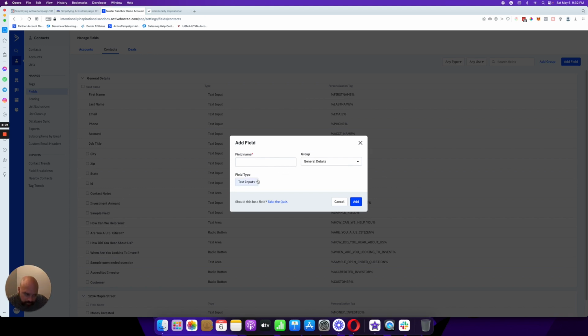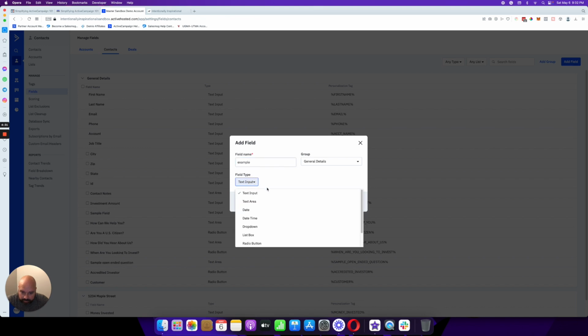They'll use these different ways of saying stuff, and a lot of times, once they get enough custom fields, they'll start getting confused and be like, oh, I don't know. Right, so you'll see this general group right here, this general details group defaults, and you can actually modify it, pop it under your different groups, and you can call your field whatever you want to. I'll call this example,